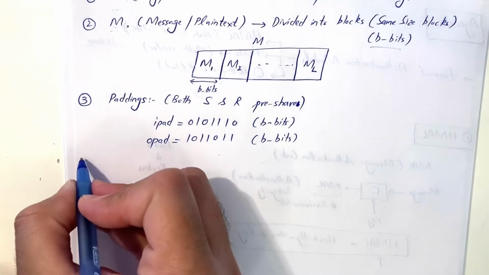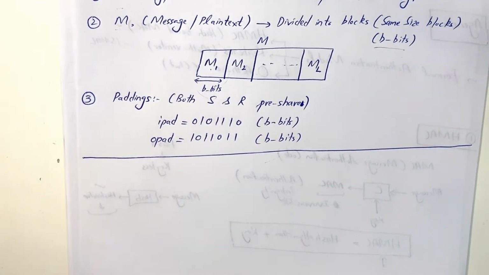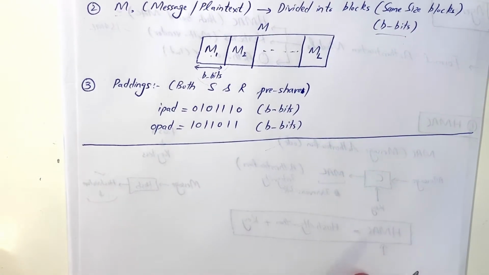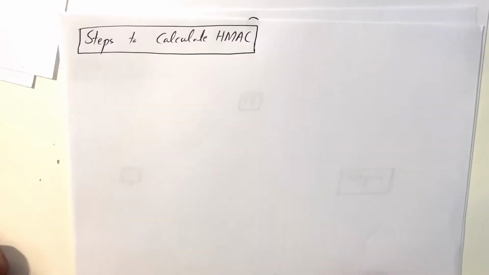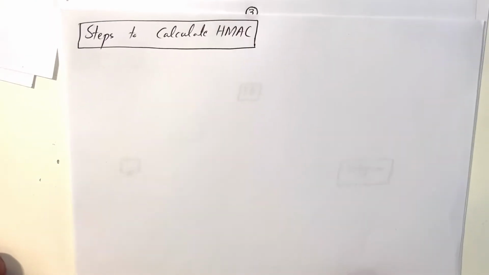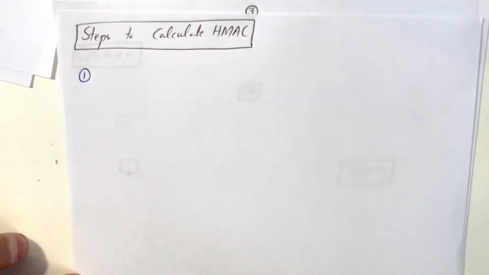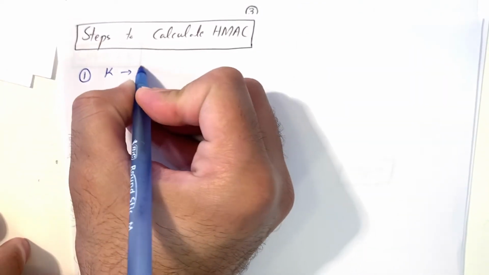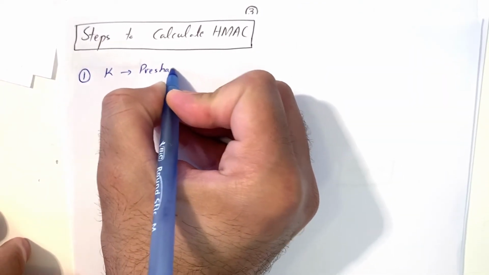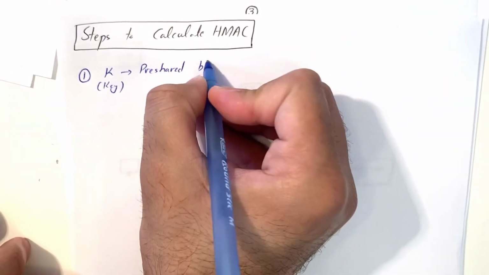So let's start the steps involved in constructing it. Let me just draw a diagram. I guess that would be much more convenient. So now let's see how we can calculate the HMAC. What are the different steps involved in calculating the HMAC? So the first step is that we need to know, as everybody knows, K, which is the key, which is pre-shared between sender